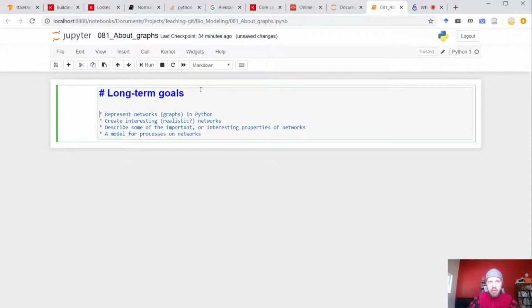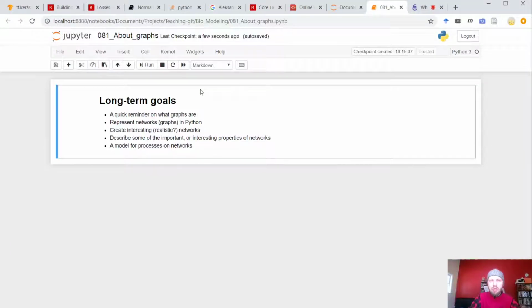And so before we do that, we need to have a quick reminder on what graphs are. So that's basically our plan for the nearest few weeks, maybe 2-3 weeks. And today we'll start with the first two little steps: a quick reminder on graphs and how to represent them in Python.